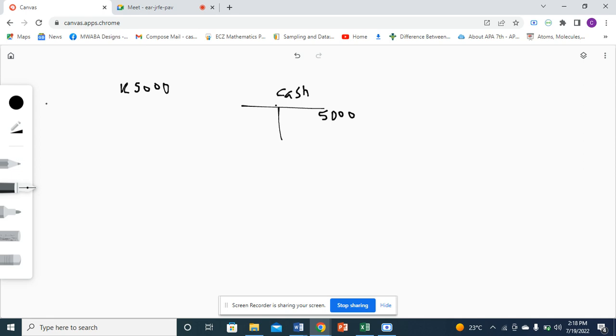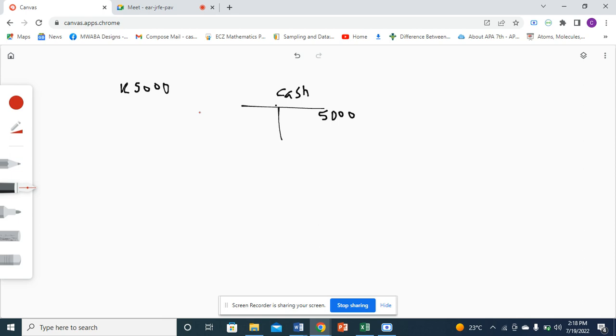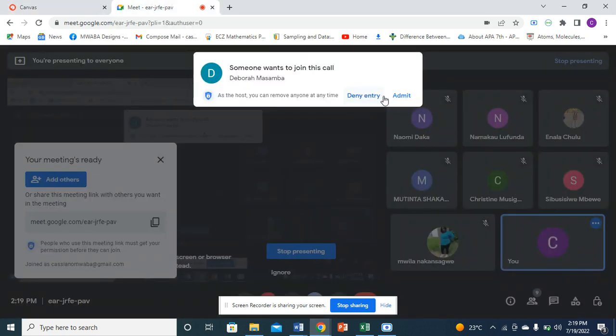Now, if you do not know what account to debit, this is where the suspense account will come in. You debit the suspense account 5,000. Then afterwards, after you consult and you find out that you were supposed to debit the equipment account,